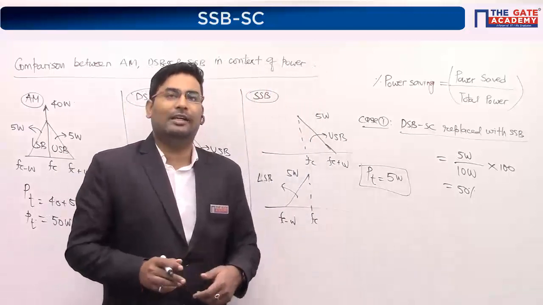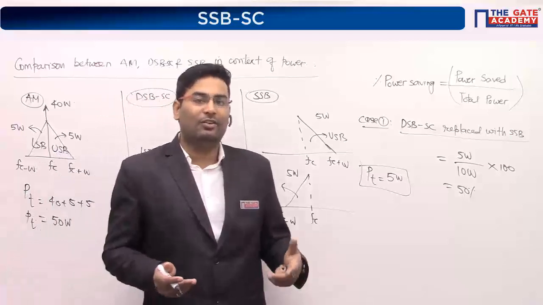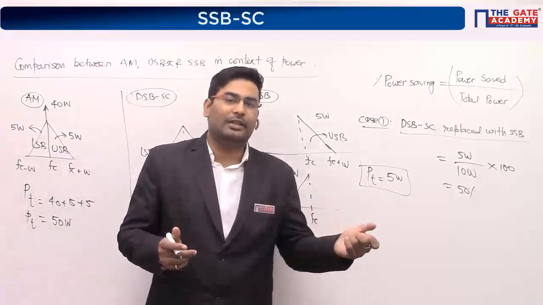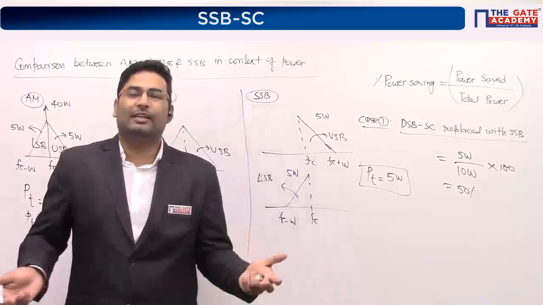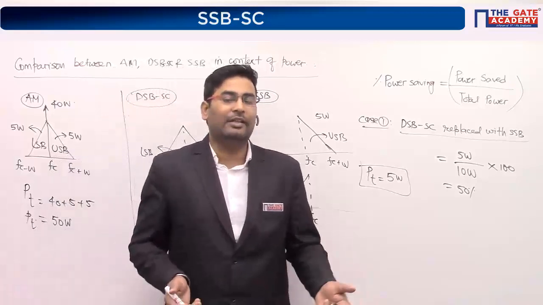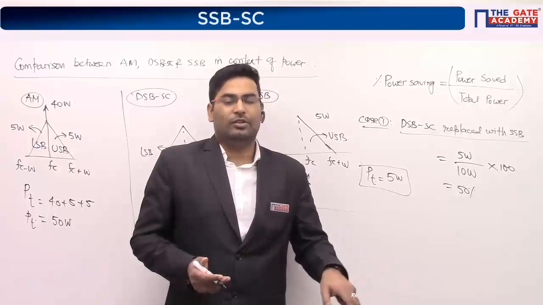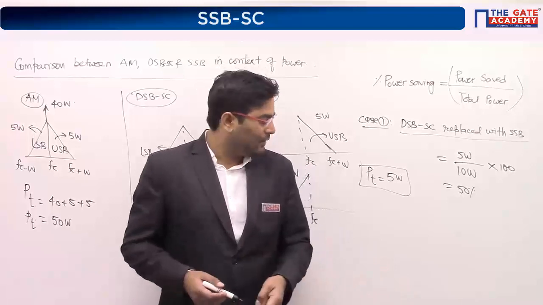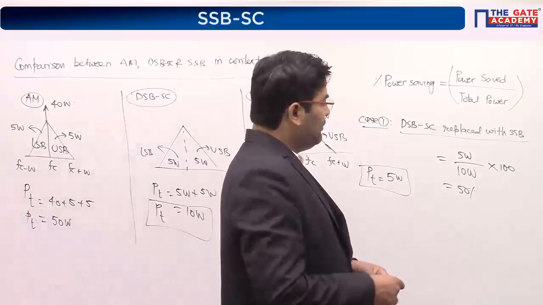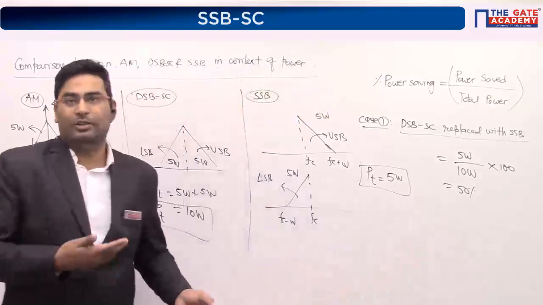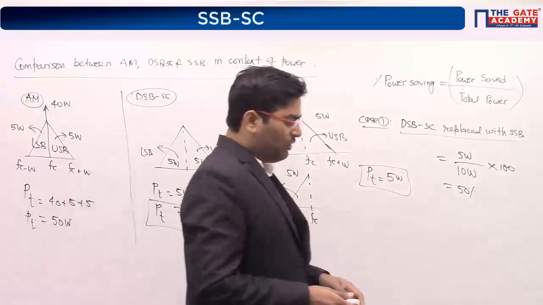Guys, I would say it is correct if you want to really call it single sideband suppressed carrier, because carrier is not there. But generally people don't say, we just say single sideband, because single sideband is coming from double sideband. So double sideband we are already saying double sideband suppressed carrier. Even if you say single sideband suppressed carrier, it's correct. You can simply also say single sideband, which I am saying. So not a big problem.